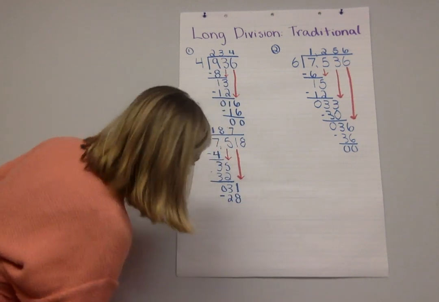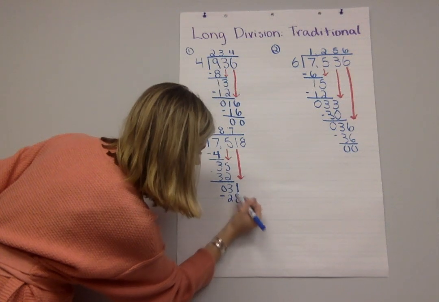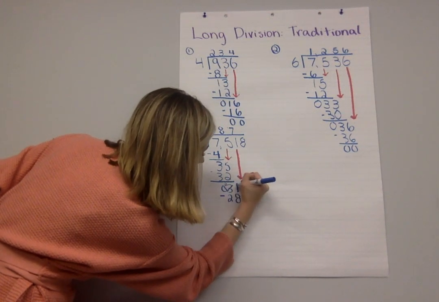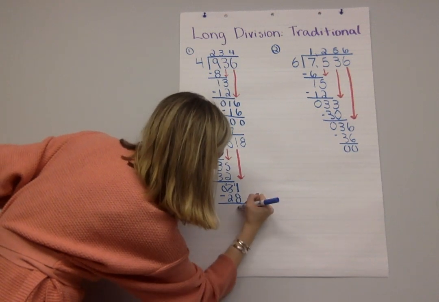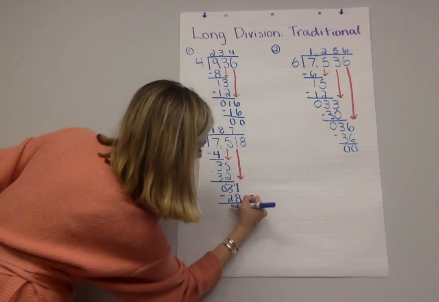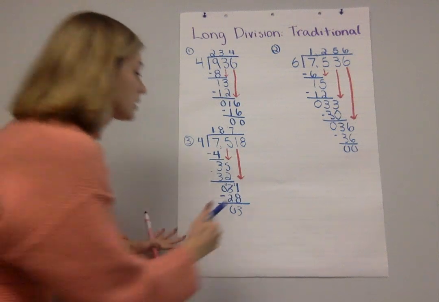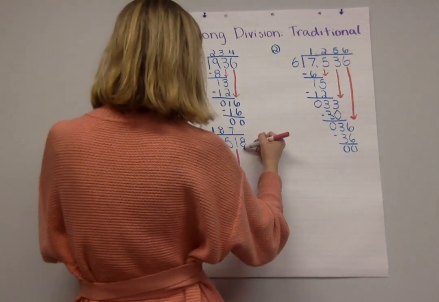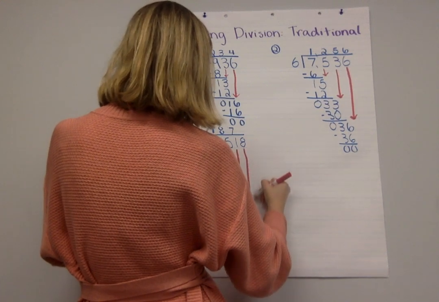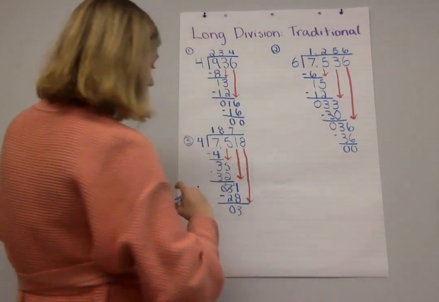And I know that 1 minus 8, I have to regroup. 11 minus 8 is 3. 2 minus 2 is 0. Oh my goodness, this is a long one. Need to bring down another place value. Bring down our 8 all the way down. Last one,